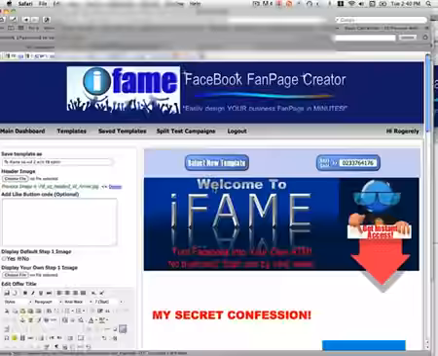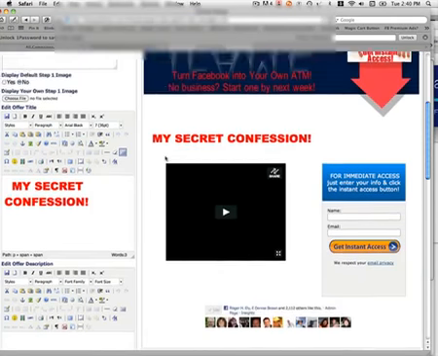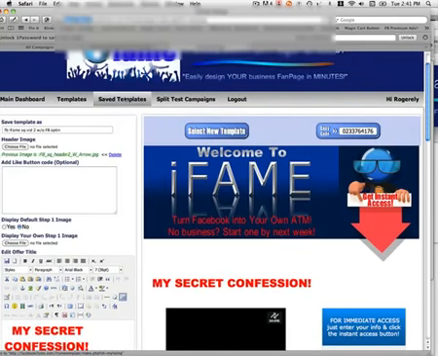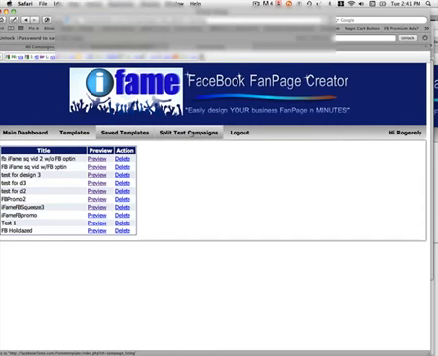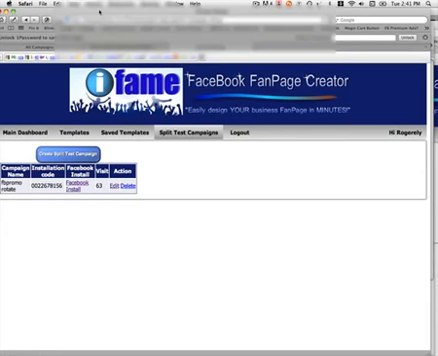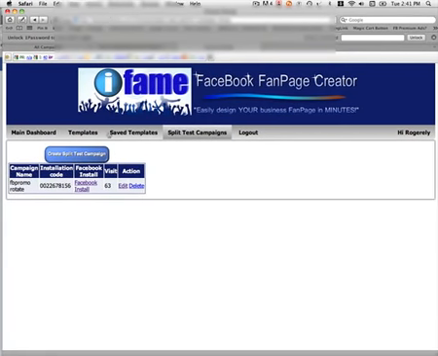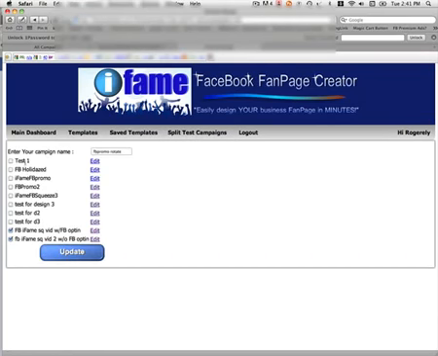Now you can also, just let me point this out quickly, save all your templates. Let me go back to the editor. You can save whatever templates you want, and you can save as many as you want. You can also do split testing. To do this, you would delete the template that you have installed, and then just install this number instead. And that's going to allow you to split test as many as you want. In this case, I've got 3. It shows all the templates you've designed. You just pick the ones you want to put in